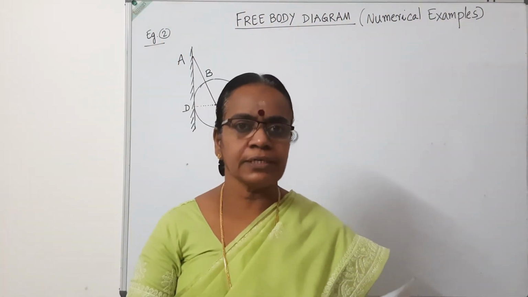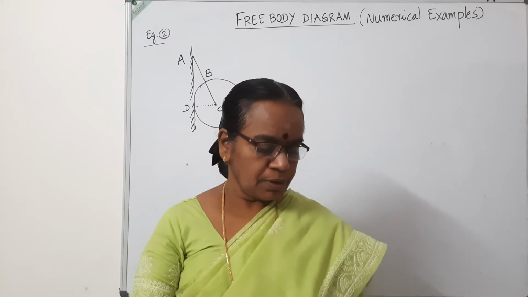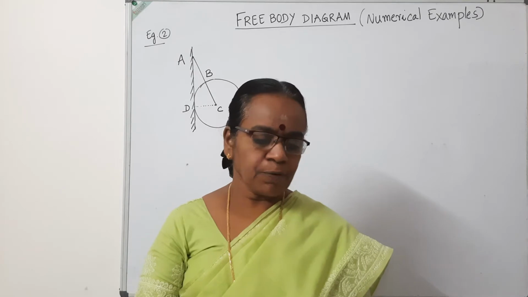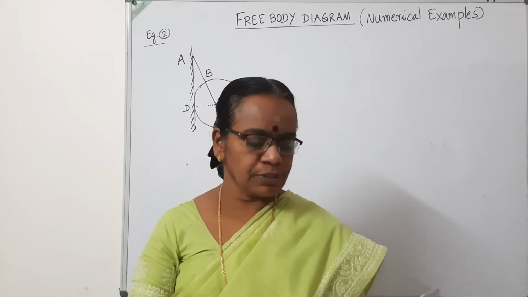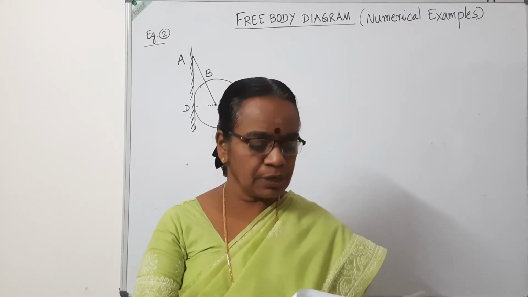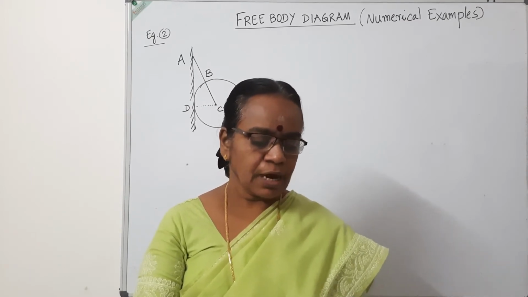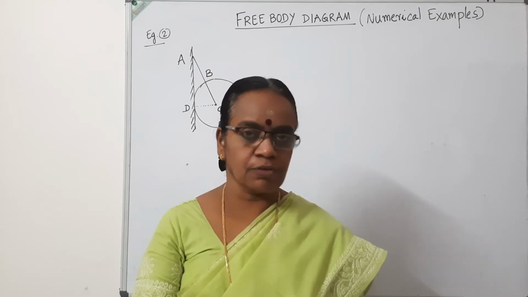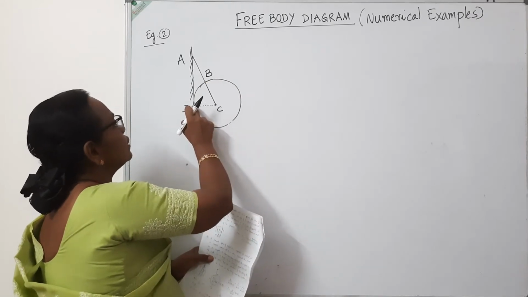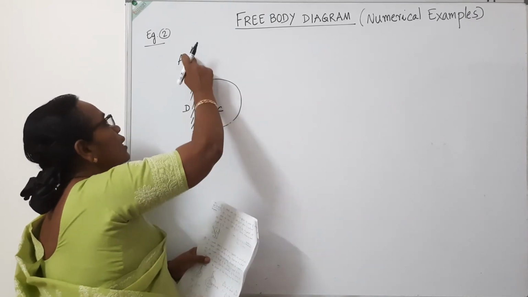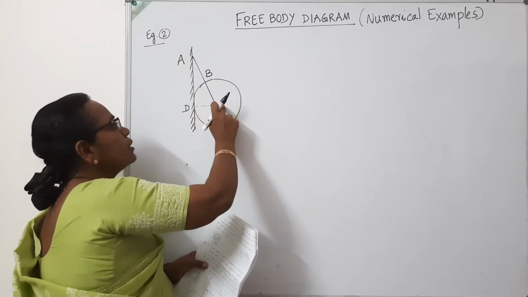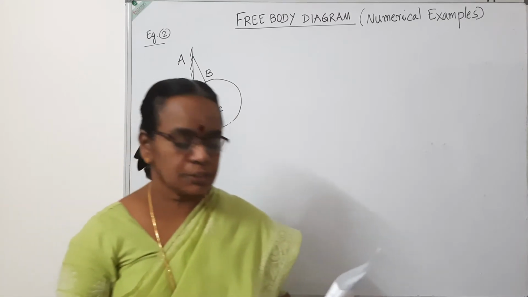So we pass on to the second question. The question is, a smooth sphere of weight W is supported in contact with a smooth vertical wall by a string fastened to a point in its surface, the other end being attached to a point in the wall. That is, this is a smooth sphere. One end of it is attached to the smooth wall, and there is a string. The string is also attached to a point on the wall, and it's attached to the center of the sphere.